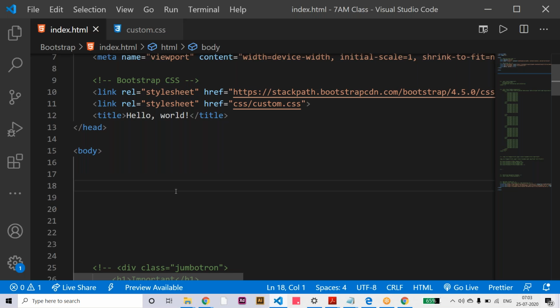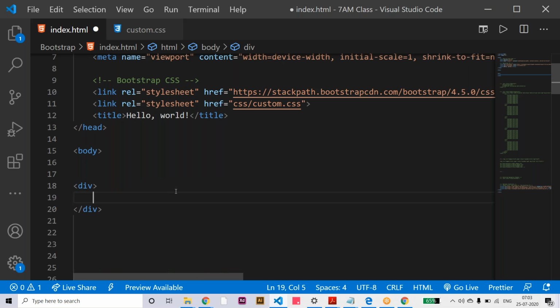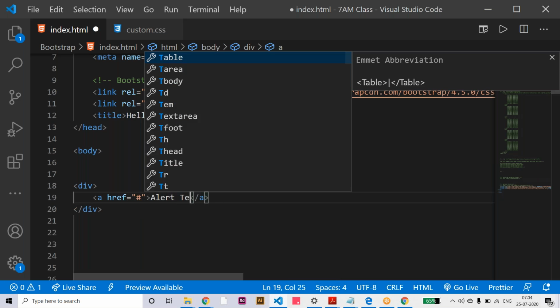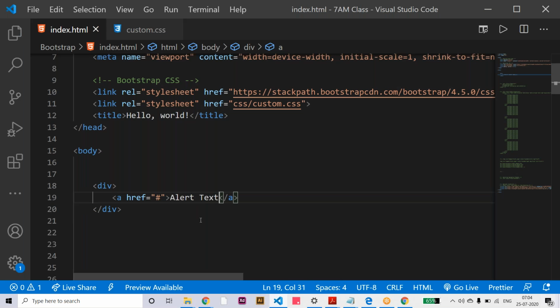Suppose here the div, let's say anchor, some alert text. Alert text means here we are going to highlight some particular content.